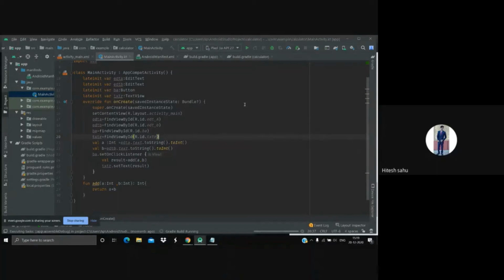Like if you have built code in Java and you want to change this to Kotlin, you do not need to do it manually. You can do it directly with the help of Android Studio. Either from the code menu or from the build menu, you can see the option there. You can just refactor your code from Java, and on a single click, it will be converted into Kotlin. So this is a good feature. You can use both languages together also, or if you want to migrate to Kotlin, you can do that too.